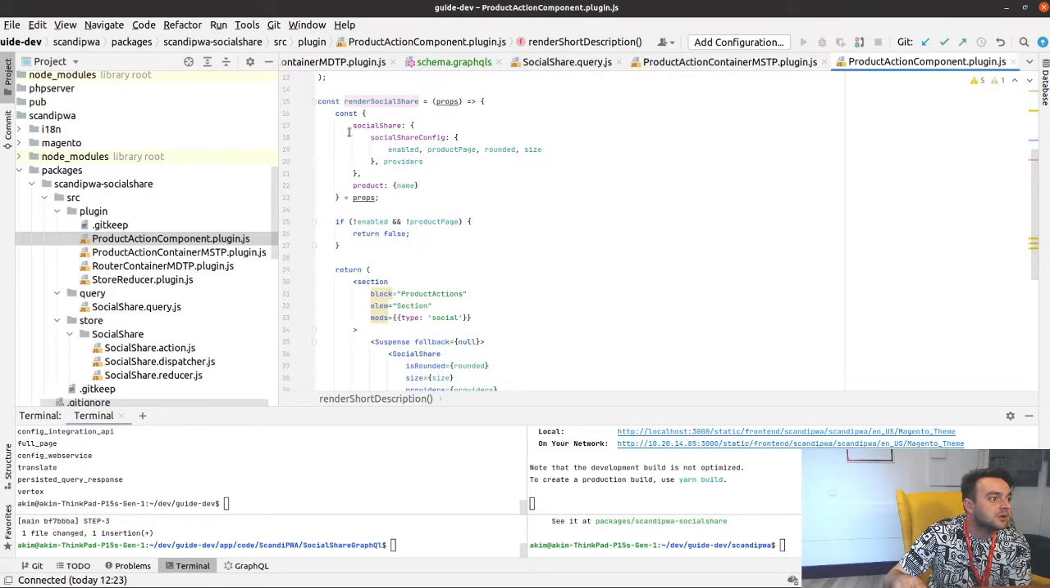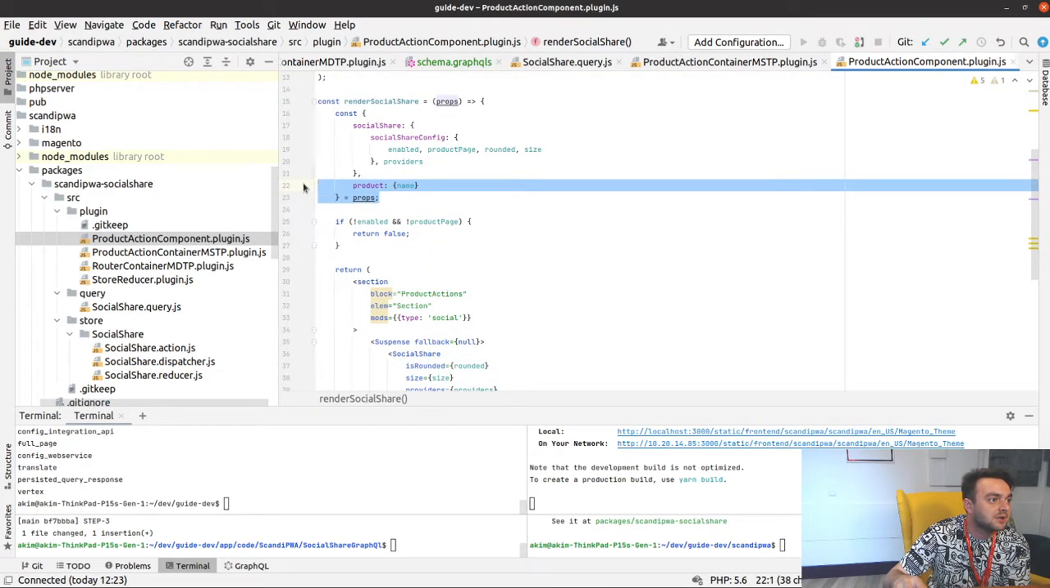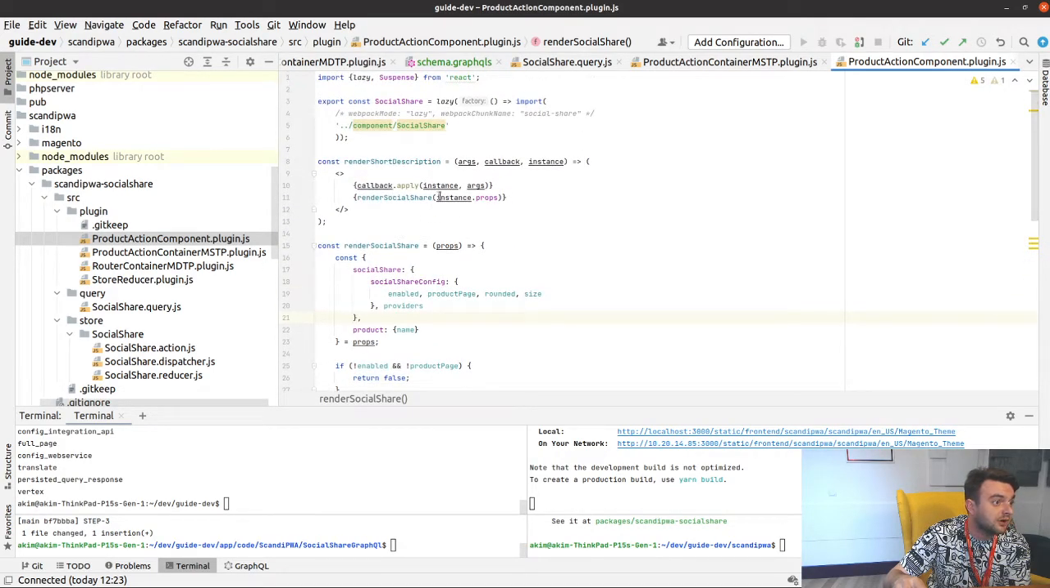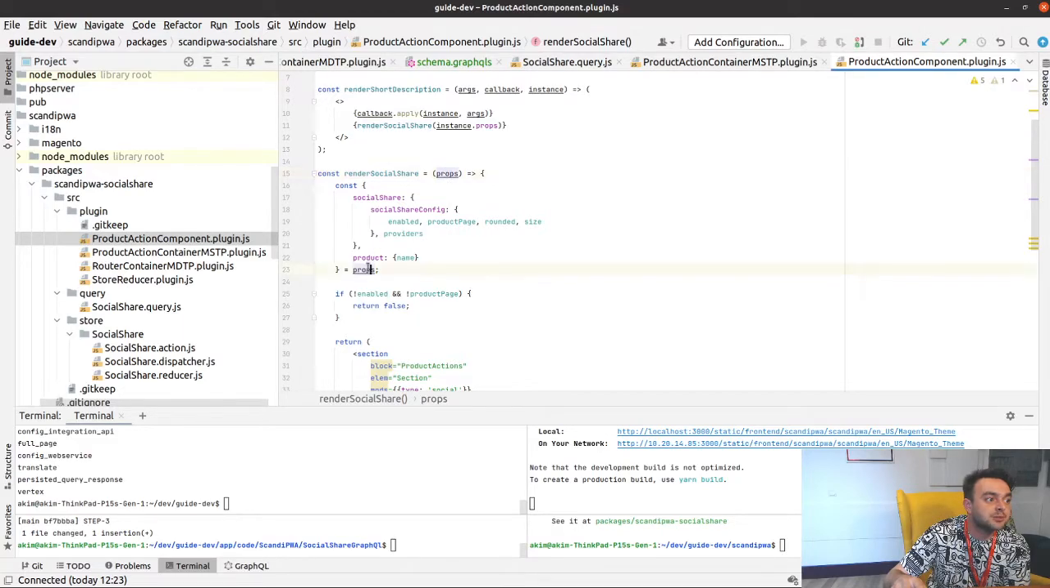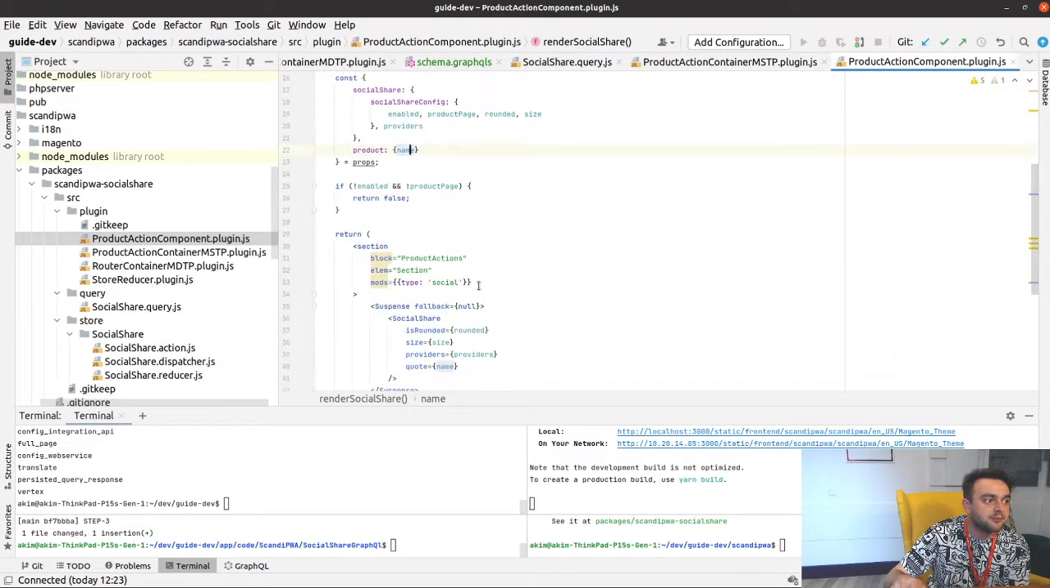And what we are doing, we are destructuring the prototype. Here we are passing props right to our render social share method, and from this we're destructuring these props and collecting all necessary data that we want to collect, and additionally product name. So if the social share is disabled, we don't want to render it, and also if the product page is disabled, we don't want to render it. And then we just